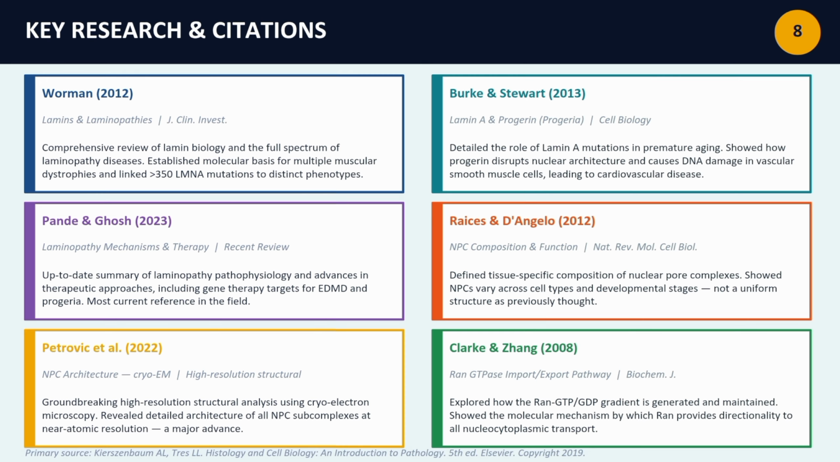Races and D'Angelo, 2012, published in Nature Reviews Molecular Cell Biology. This paper challenged the idea that all nuclear pore complexes are identical, showing instead that NPC composition varies between different cell types and developmental stages. Petrovich et al., 2022. A landmark cryo-electron microscopy study that revealed the near-atomic structure of the NPC. This is like going from a blurry photograph to a crystal-clear high-resolution image of a machine we've been trying to